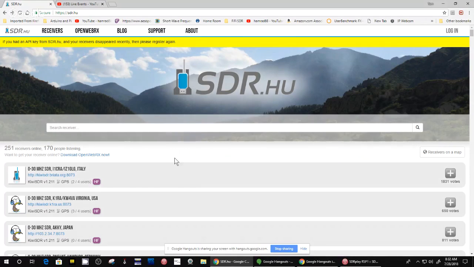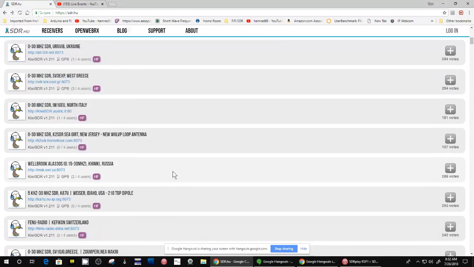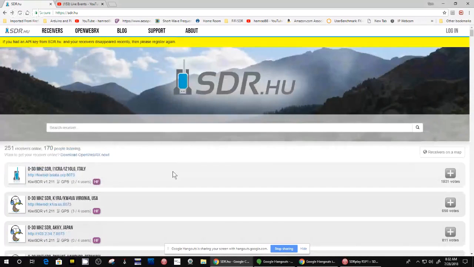And here's a listing of all the radios that you can connect to. Right now it says there's 251 receivers online and 170 people listening. So these are radios using SDRs that people have put online using this Kiwi SDR software.